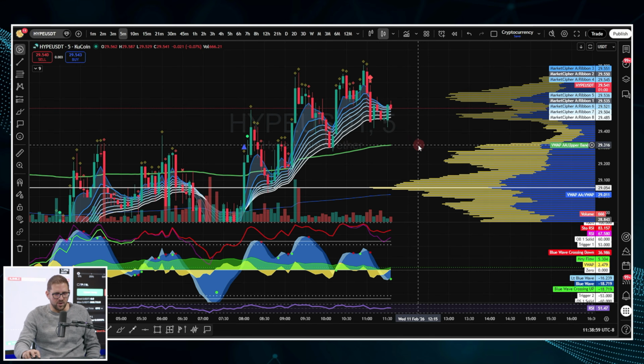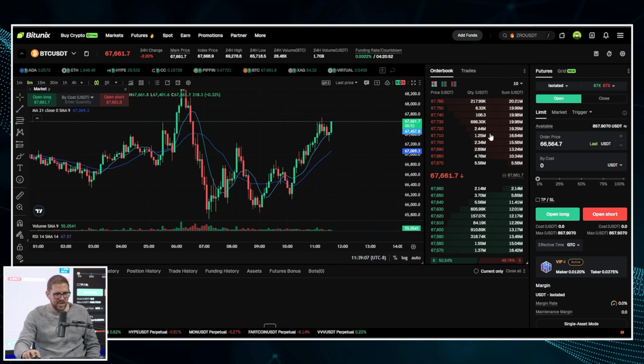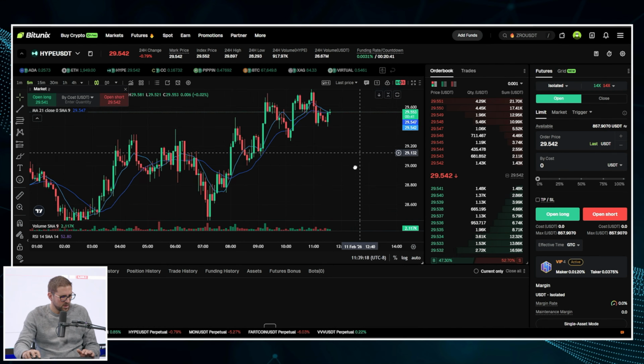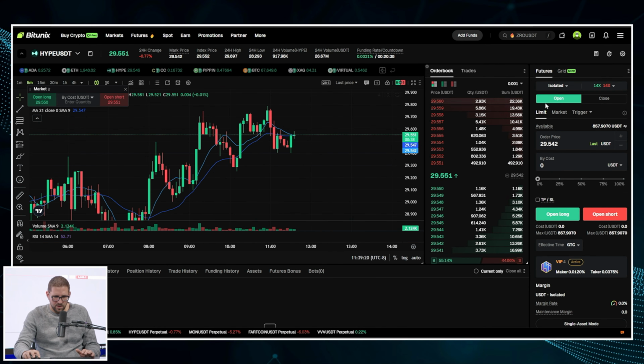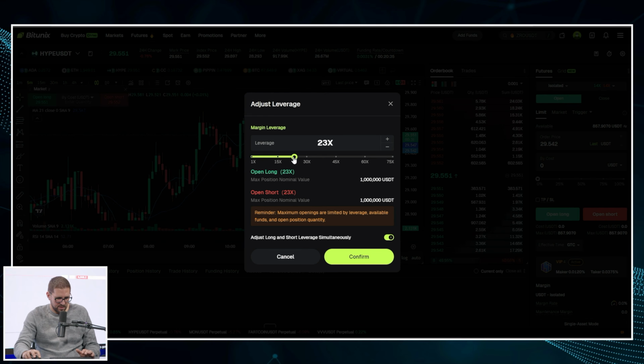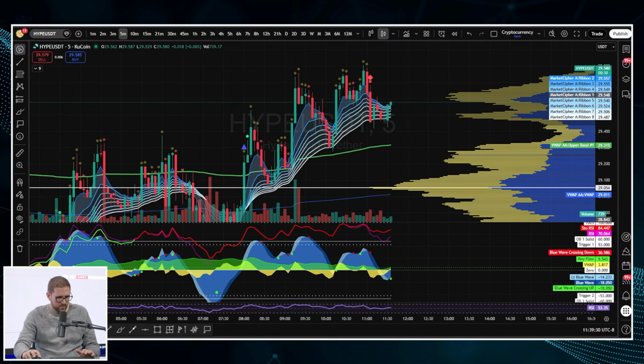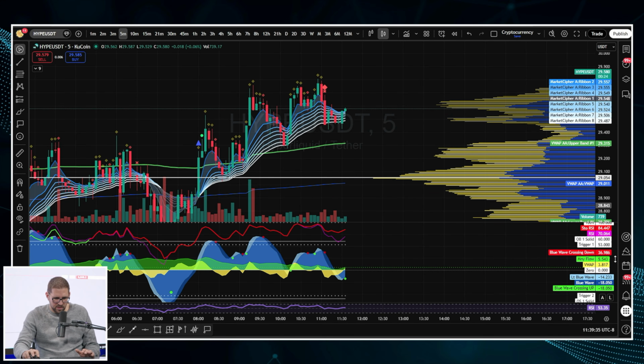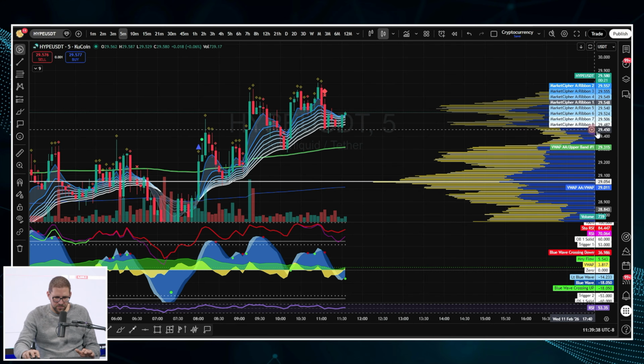If price was down here around $29.32, my confidence meter would probably be at a 10. But nonetheless, Bitcoin is seeing a little bit of a breakout here. We can go to Hyperliquid here on Bitunix. This is a 5-minute time frame. I'm going to set up my, let's go 20x leverage. And see that candle just turned green, 29,580. There's around 25 seconds left.